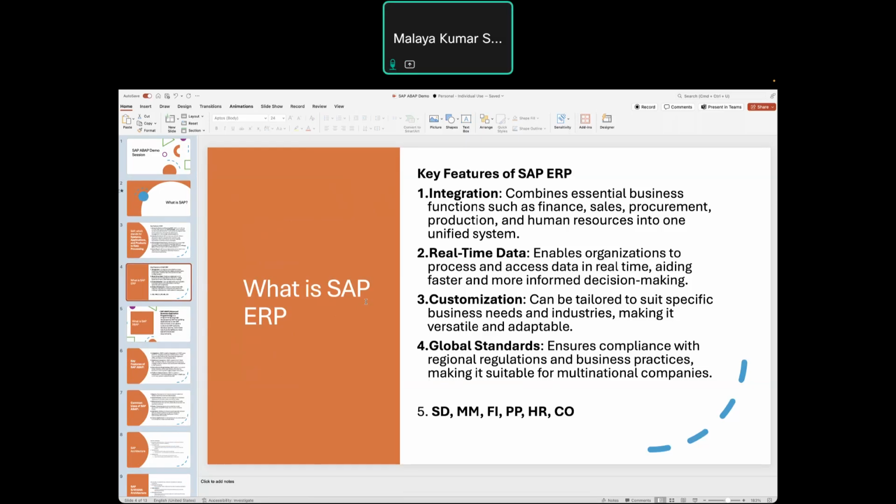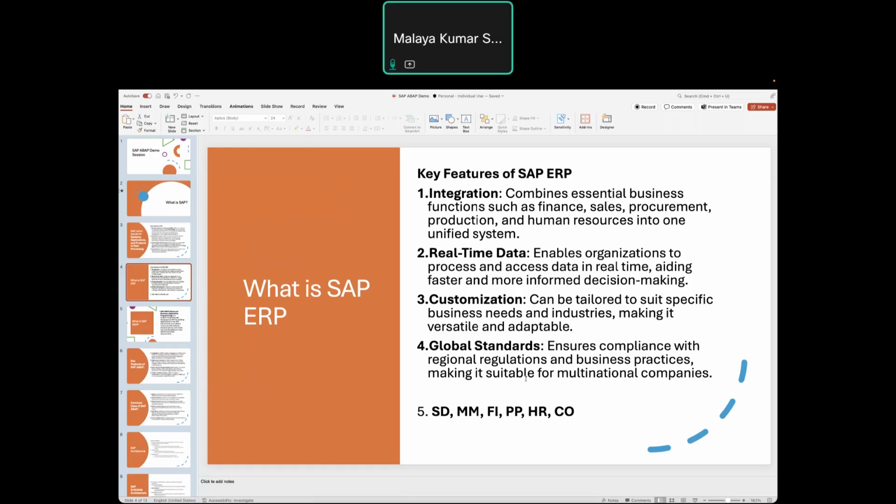That business is different, but SAP gives sales and distribution in the ERP. So it can be customized based on your type of business. You can customize the sales and distribution and use it in your organization. That is the customization allowed in SAP ERP.